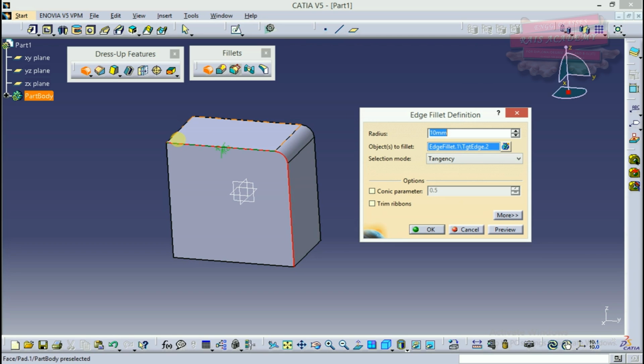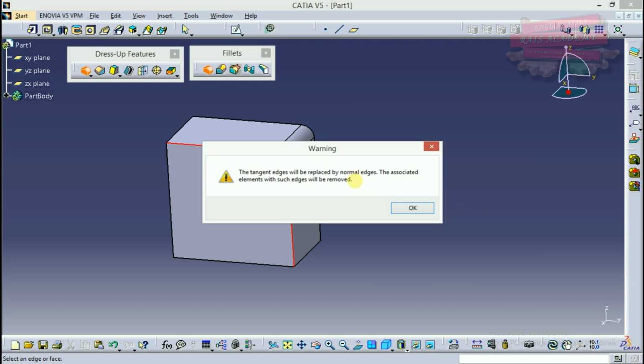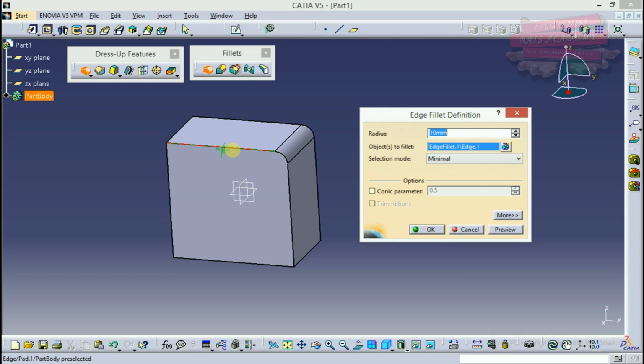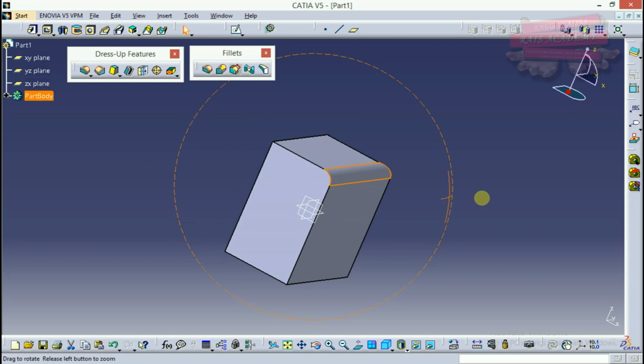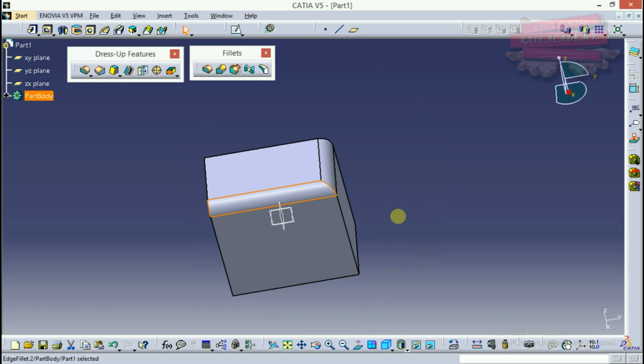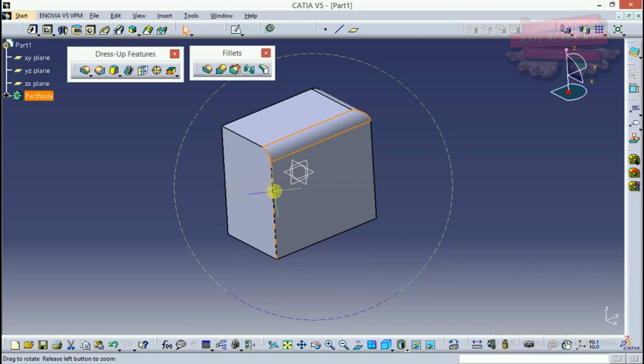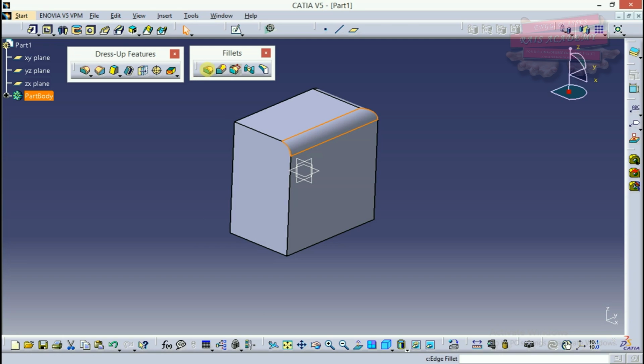So it is going to give a fillet to the whole of this curve. Suppose I click on minimal, it would select only the line. It won't select the curve, it would select only the simple extended line to which it gives the fillet. So I'll click on OK. So it has given the fillet. In this way we can change our sub commands and we can give fillets to each and every thing.